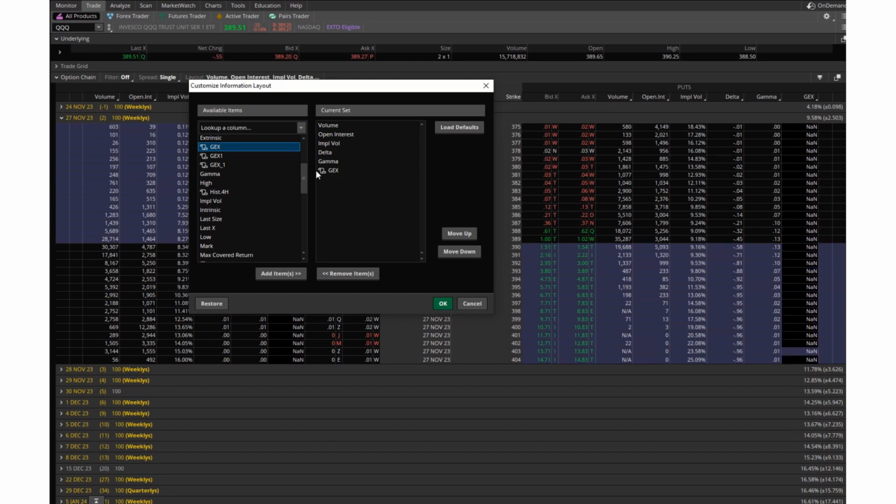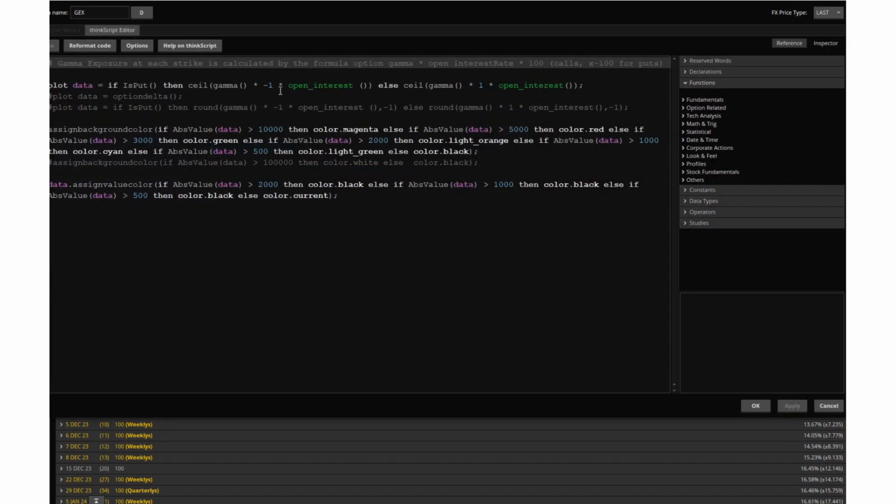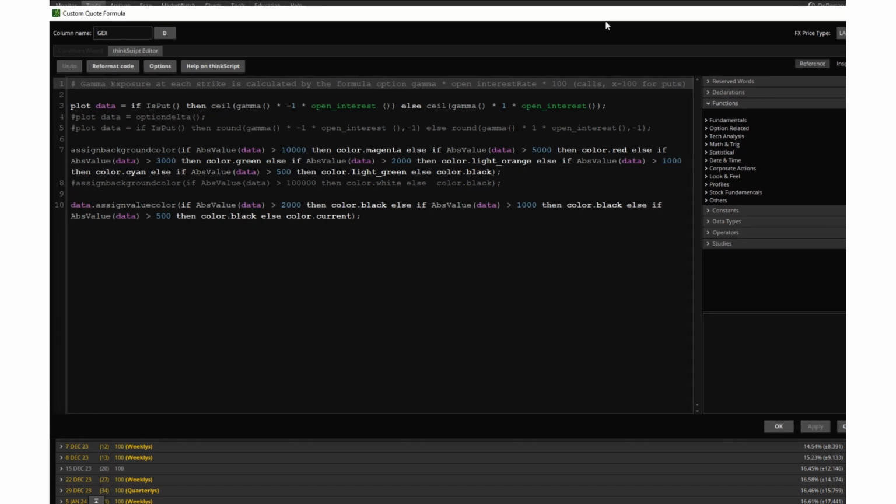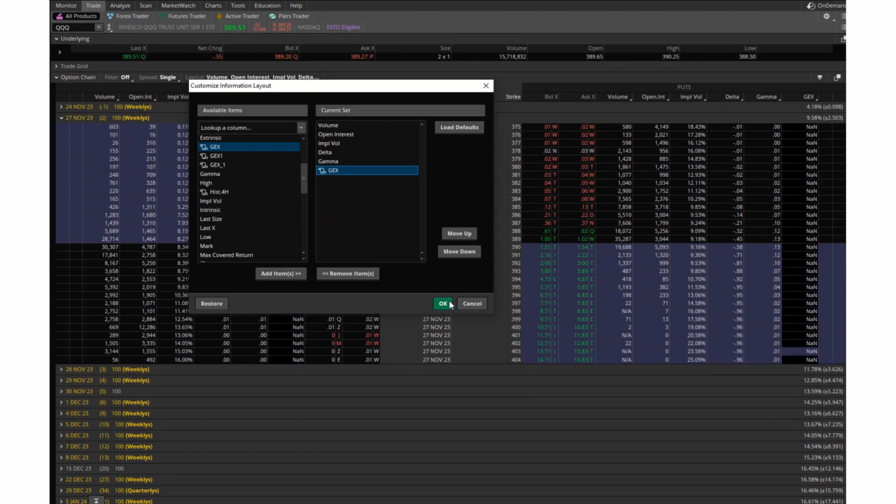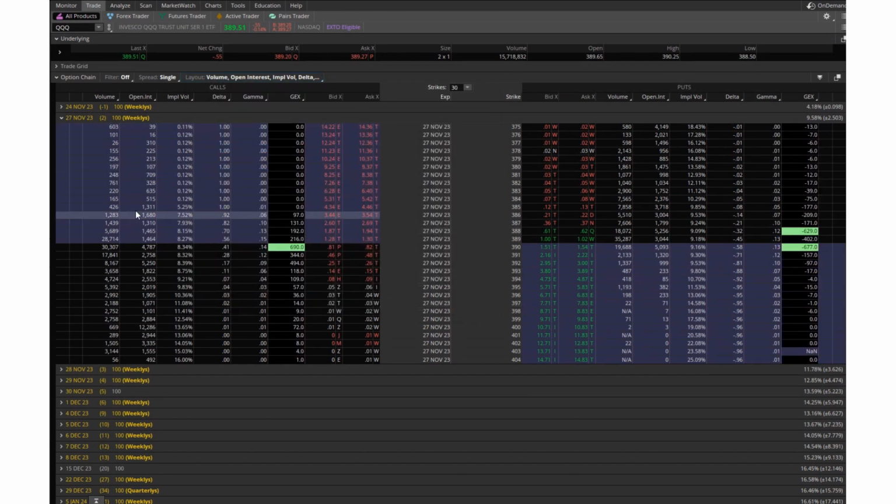So I have the GEX here. Gamma exposure is actually the formula calculated by open interest times gamma. Calls will be positive gamma, puts will be negative gamma, so that's why there's a -1 and 1. Okay, so I just close it off, and then this is the